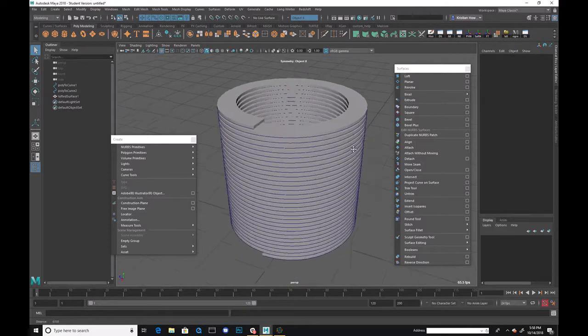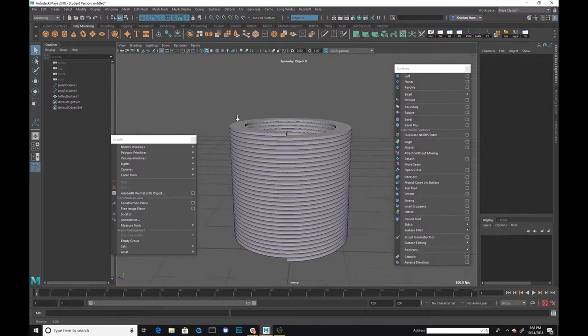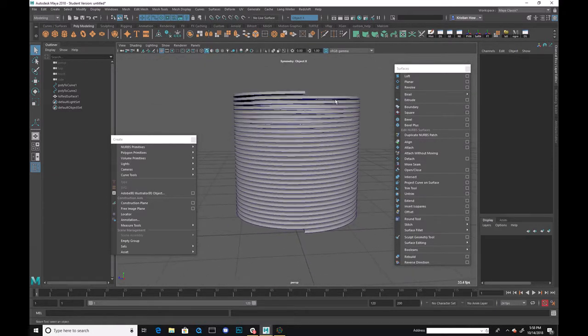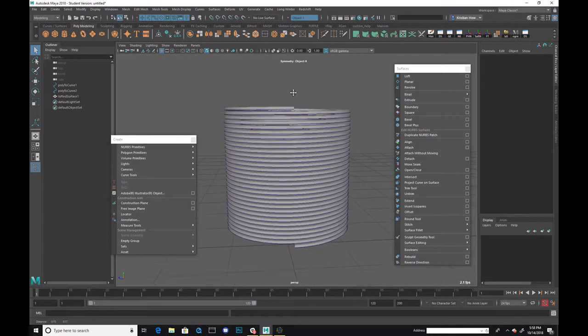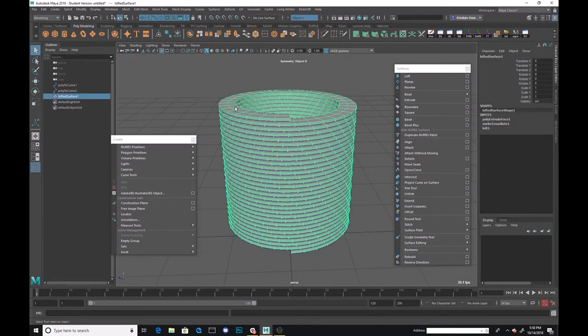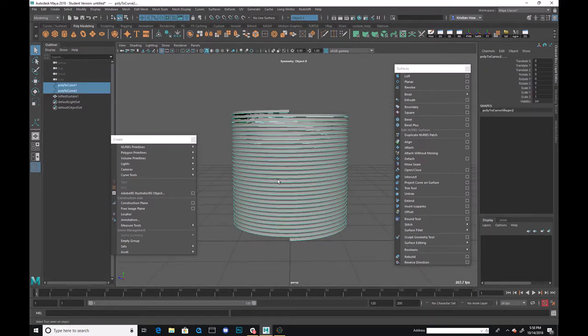So at render time, I could turn on Redshift tessellation settings that will smooth it again at render time. So the cool thing though is if I just make sure level 1 smoothing's back on so it's fast, if I grab those initial edges,